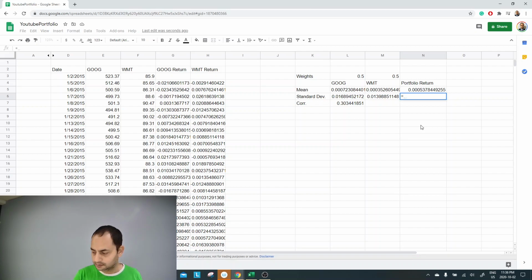That's basically the weight squared, so this weight squared times the standard deviation of 1 squared, plus this second weight squared times the second standard deviation